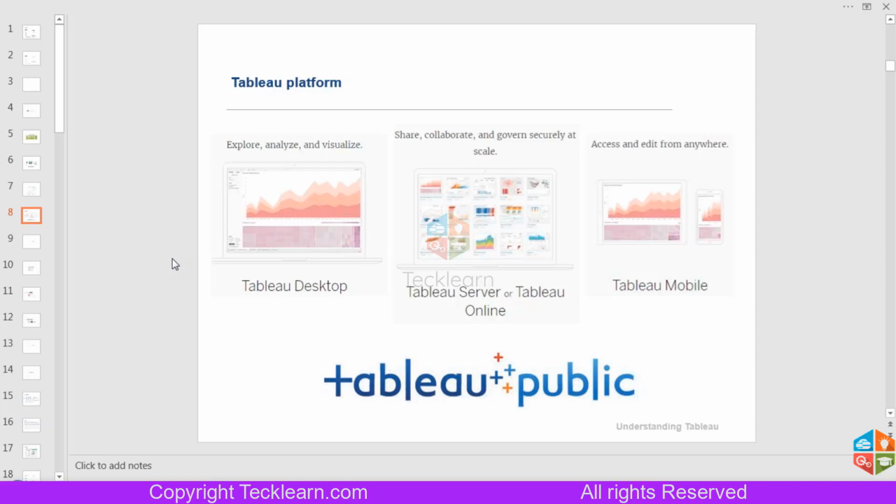The difference is that Tableau Server is installed inside the organization. If you want to get a copy of Tableau Server and install it inside the organization, then you go with Tableau Server. If you want the server implemented over a cloud, Tableau Online is similar to Tableau Server, but it is software as a service from Tableau.